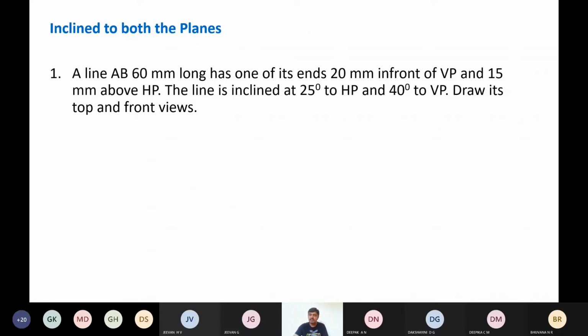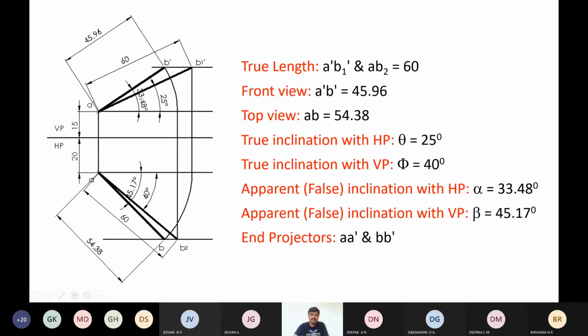So actually it may be more than that. Suppose they specify the length of the line, for example, in the front view the line measures 50 mm, that is the false length. In the view it is 50 mm, but actually it may be more than that. You will become familiar with these things after solving a few problems. First you should know how to note down the data. After solving a problem, you will understand what the data is.